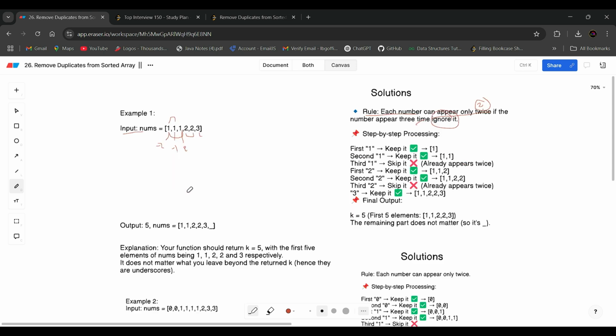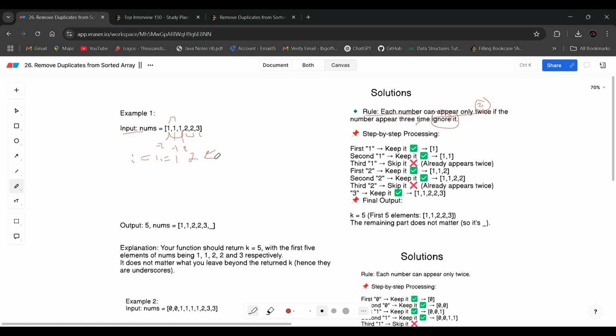In this example, first of all we check: nums[i] is 1, nums[i minus 2] is 1. So they are equal, this condition is true, so ignore it.